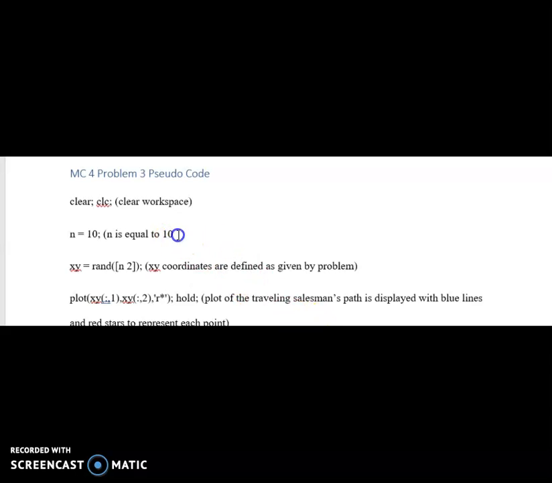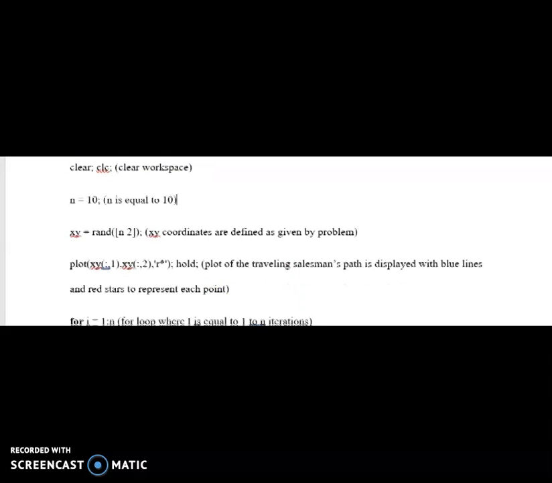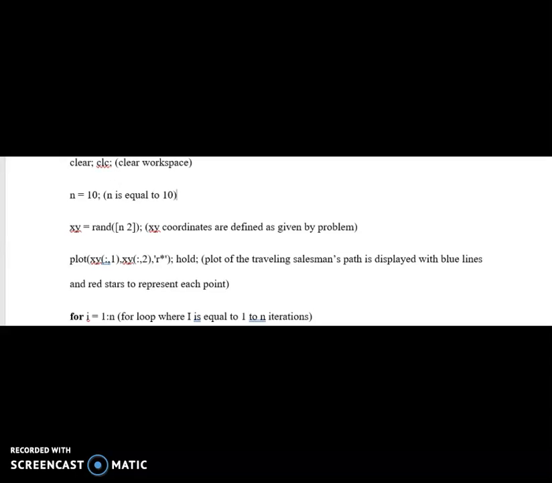Our n is equal to 10, and you'll see the xy coordinates, the rand of 10, 2, that was originally called out by the problem. So we're going to start by plotting the traveling salesman's path. This plot's going to be displayed. The path he's taken is going to show blue lines with red stars to represent each point where he stops